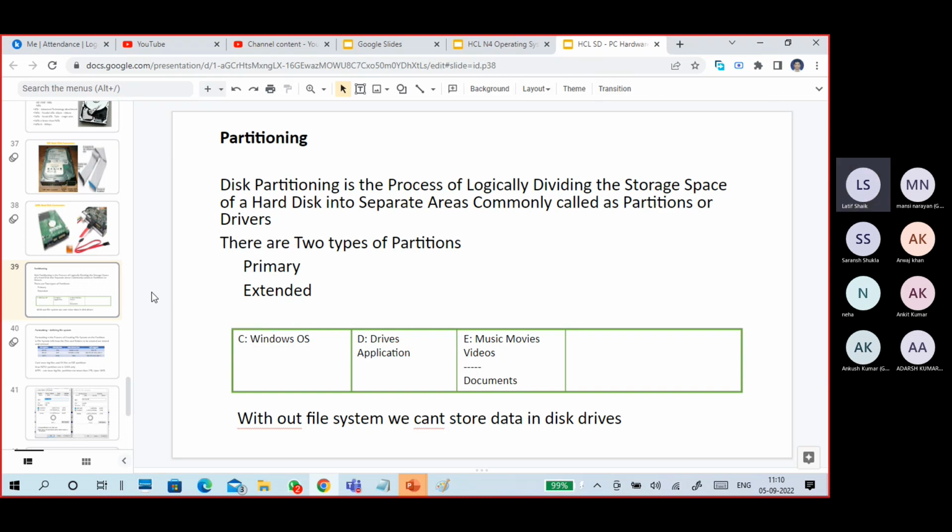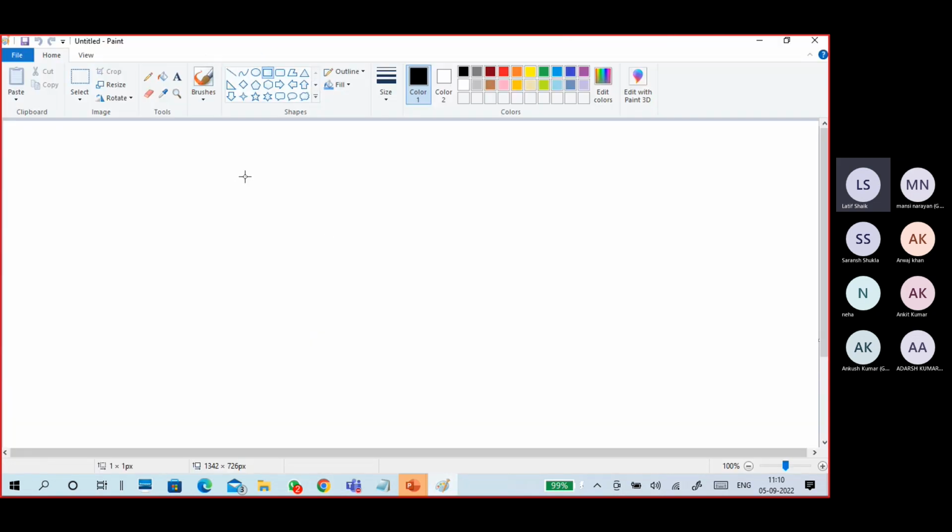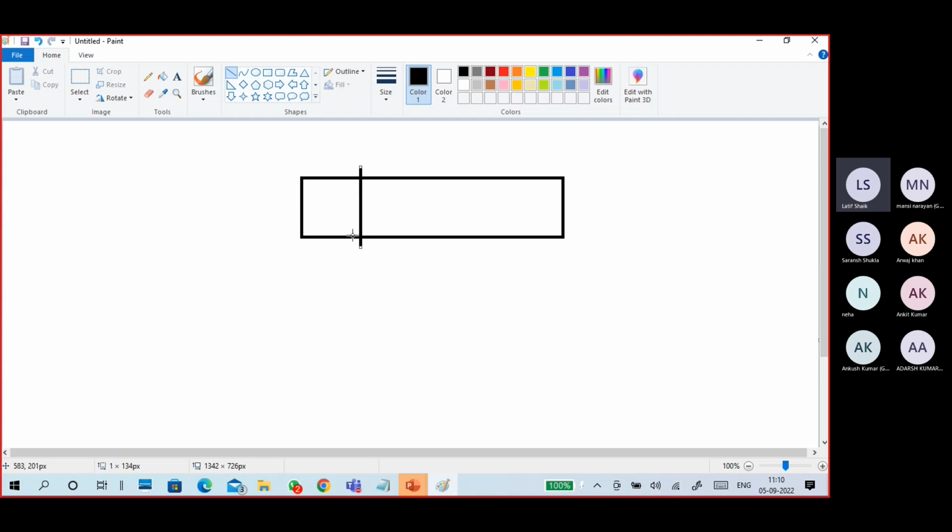You start your computer, and the operating system must be loaded. So where to store the operating system? Better to store it in a hard disk only, right? So you have a hard disk in your computer. While you are installing the operating system, you create a partition and then store the operating system in it. Generally, when you buy a laptop from the shop, they take the C drive entirely,